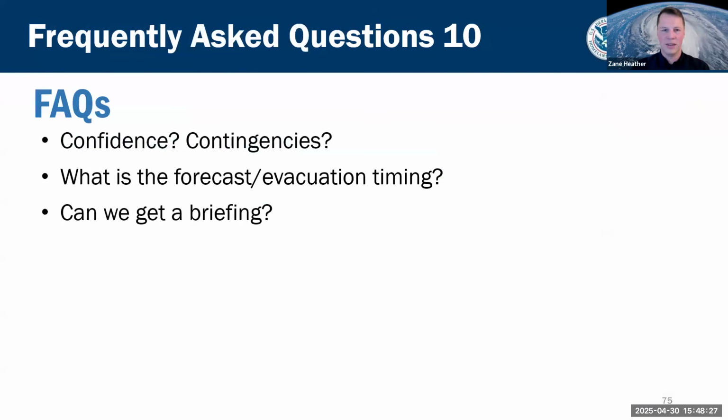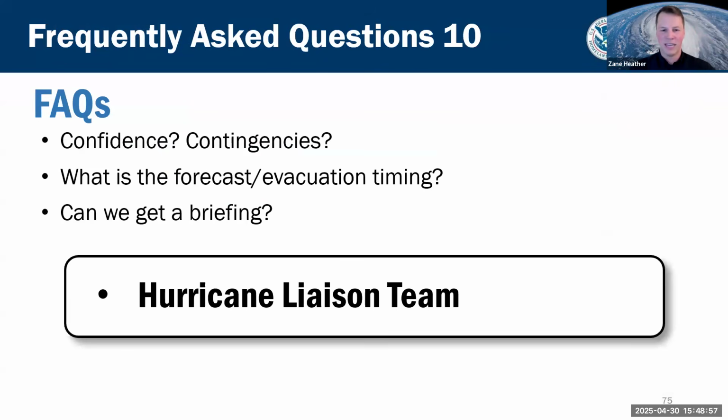All right. The next questions that we as emergency managers ask ourselves are: how do we understand all the things and assumptions that are baked into the forecast? What is the confidence and contingency based off the forecast products? What is the forecast and how does it relate to evacuation timing, hurricane evacuation study data? And is there a way that we can get additional information or a briefing based off of the information we're seeing, or just to fill in our knowledge gaps or ask informed questions too? And the answer to those questions is the Hurricane Liaison Team. And so with that, I'll turn it over to Michael Spagnolo to brief out the HLT.